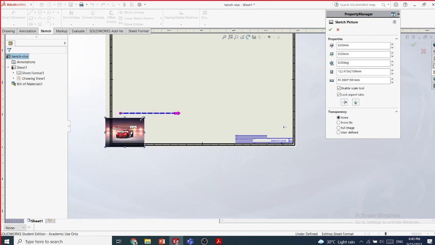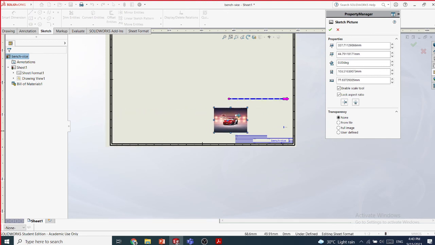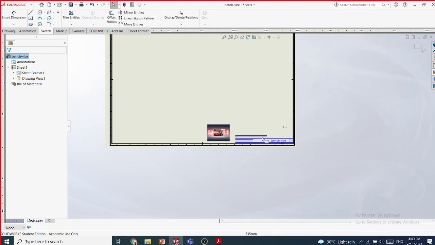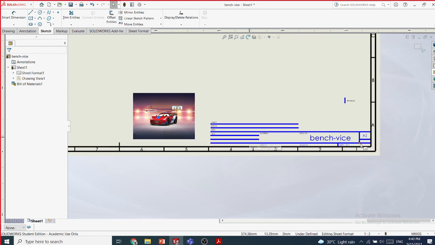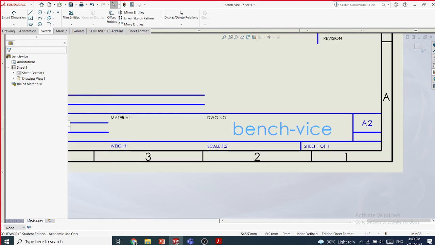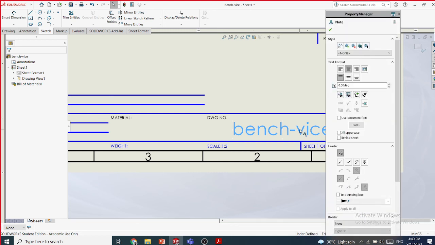If you are not in editing mode, it behaves like a drawing view. So I'll put it here somewhere. This is my company logo. Now this is enabled benchwise. If you click on this, you see this has some meaning. It is connected with the file name. So there's some coding behind this, some link. So how can I